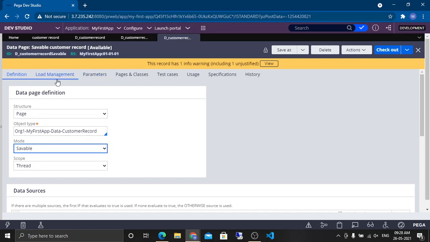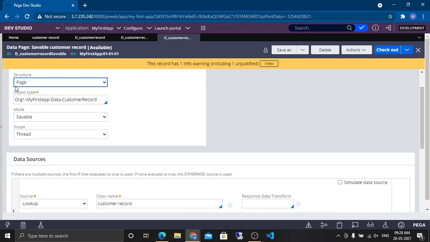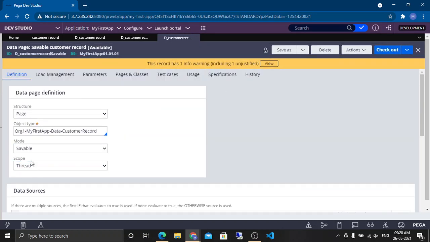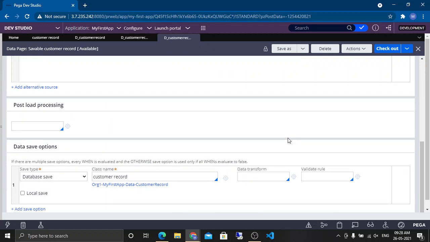So how does this savable data page work? The structure is page. A single page will be there. So if I commit this back to the DB, one record will be committed, right? Only a page, and a page can have only one instance. After that, this is scope. Scope we already discussed, right? This is the object it is mapped to, and savable. So when we select savable, you see we get this new configuration here: database save options.